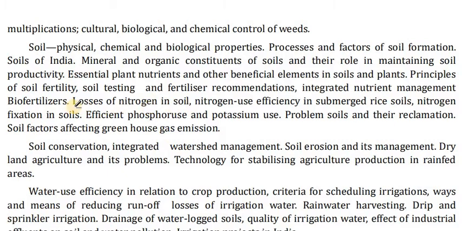management, biofertilizers, losses of nutrients in soil, nitrogen use efficiency in submerged rice soil, nitrogen fixation in soils, efficient phosphorus and potassium use, problem soils and their reclamation, soil factors affecting greenhouse gas emission, soil conservation, integrated watershed management, soil erosion and its management, dryland agriculture and its problems, technology for stabilizing agricultural production in rain-fed areas, water use efficiency in relation to crop production, criteria for scheduling irrigations, ways and means of reducing runoff losses of irrigation water, rainwater